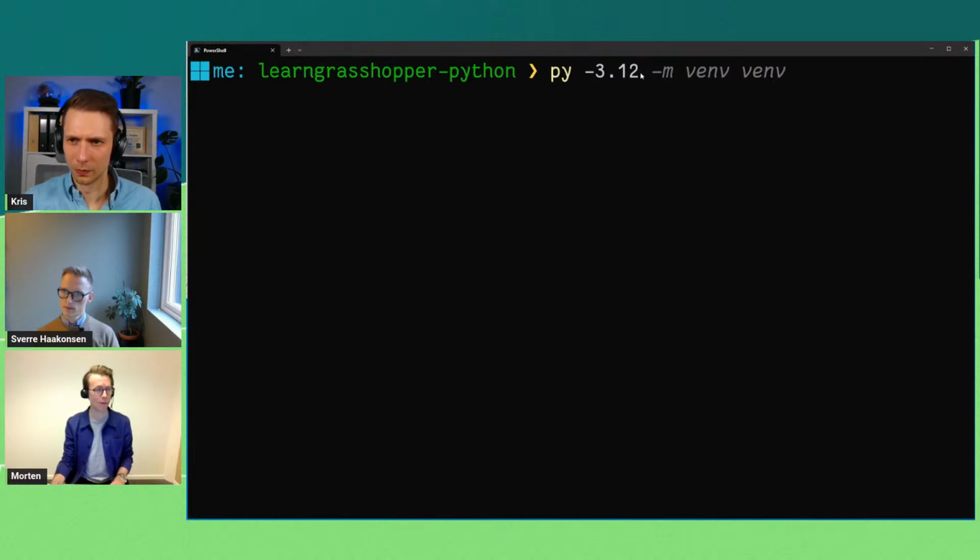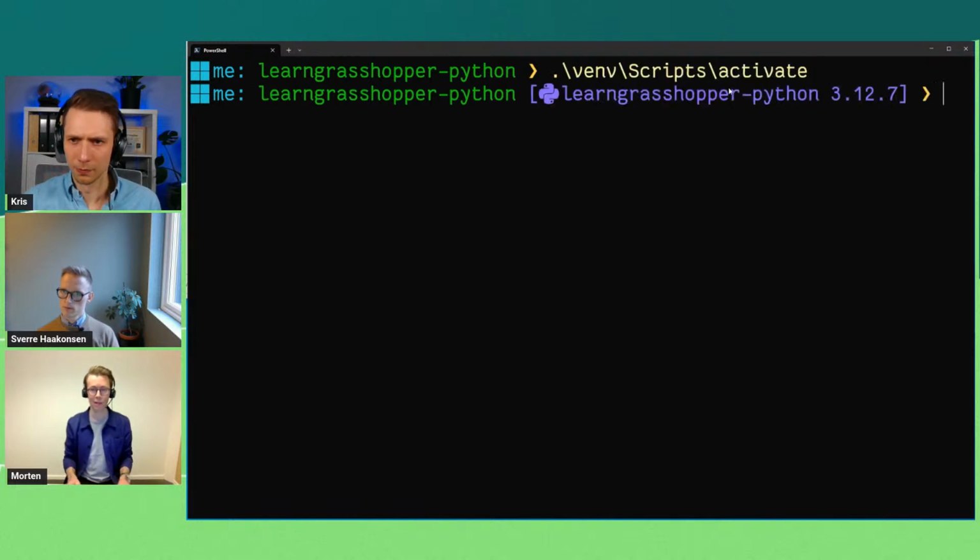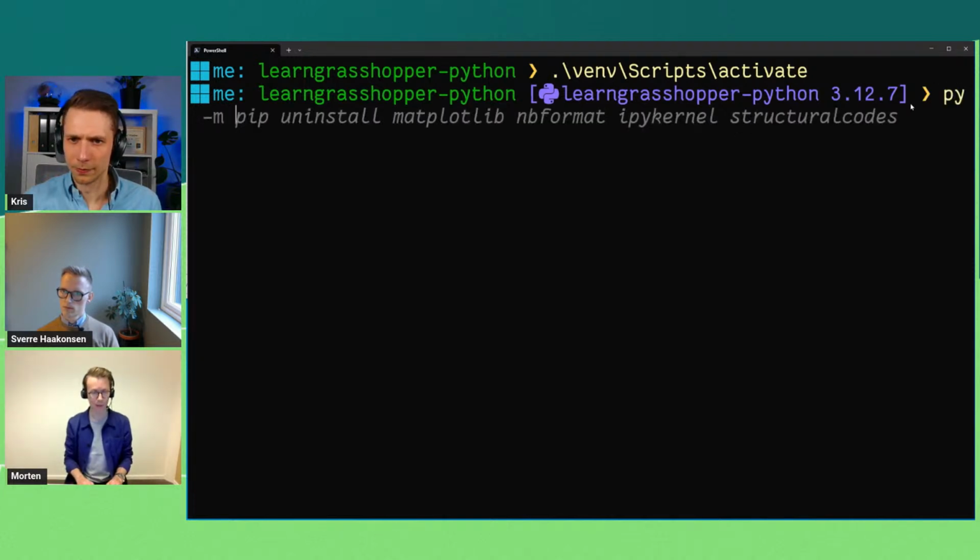Here I'm using the Python Launcher, so I'm addressing a specific Python version on my system, and I create a virtual environment. So creating a virtual environment makes this Python installation isolated. Running this command creates a virtual environment that I can activate. Activating it changes my prompt. From within this environment, I can